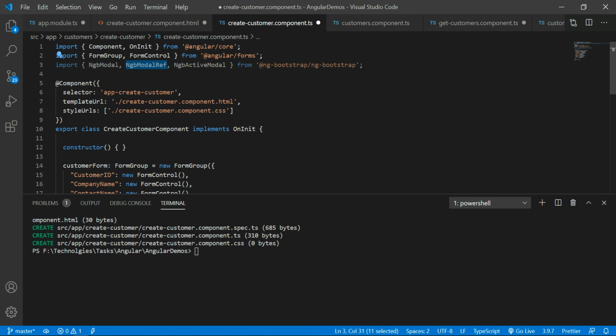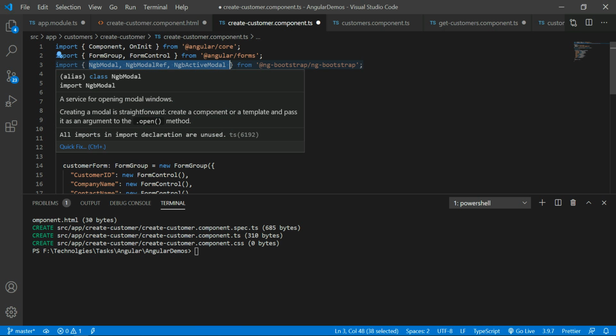I will tell you why I have to add this. If you add these, the same references you have to give in the constructor also. So let me add these three classes.